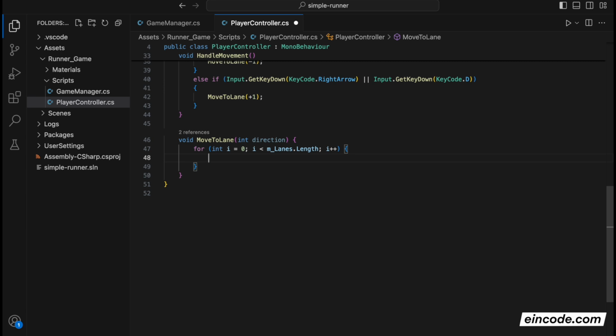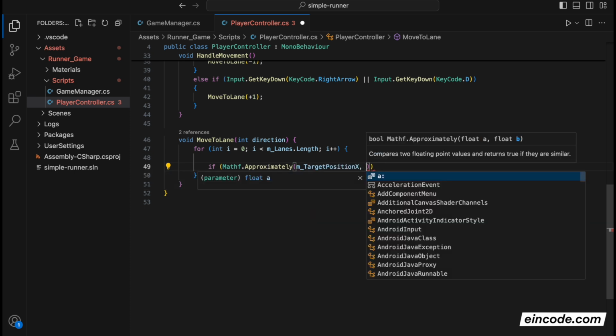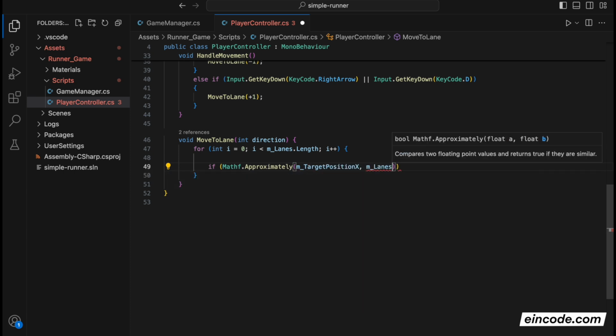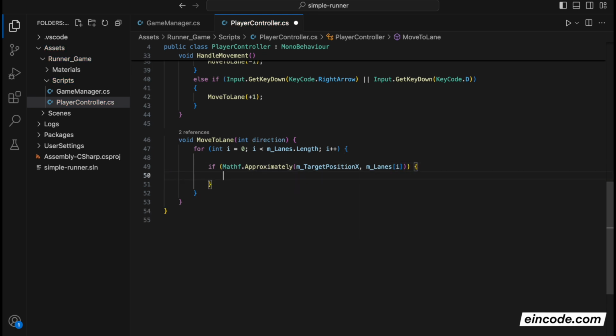Okay, so what do I mean by that? I'll write an if statement. If Mathf, we'll use the Approximately method. If the target position, so m_targetPositionX, is the same as our lane position, m_lanes at the i index. So if we are in a lane, and we are pressing the left or right key, then we can choose the new index, and we'll choose the new index like this: